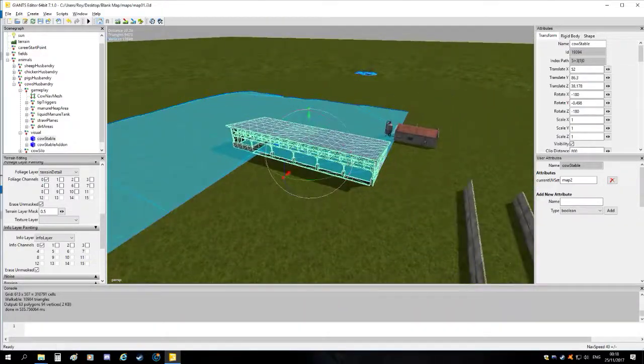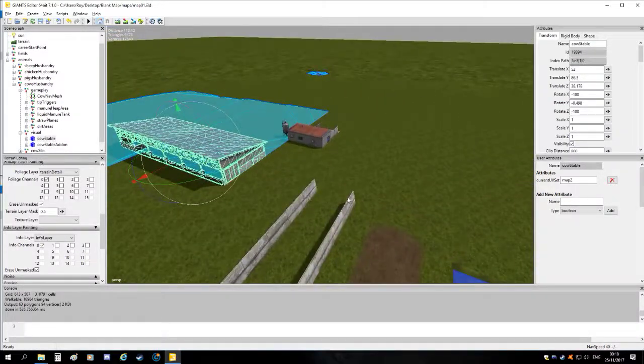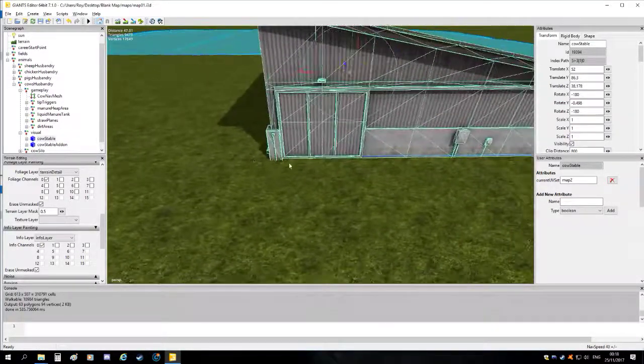That way you can't actually drive into the cow barn and the door isn't always open because these aren't animated